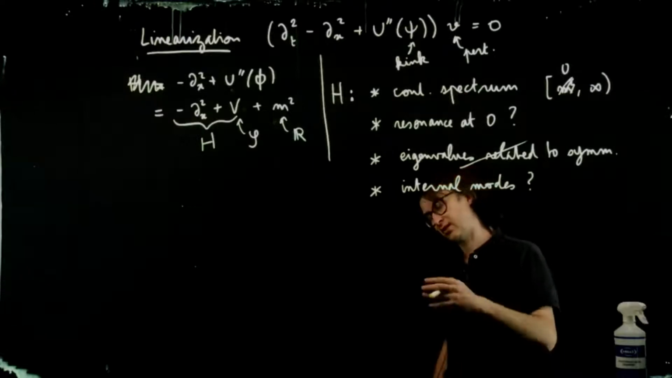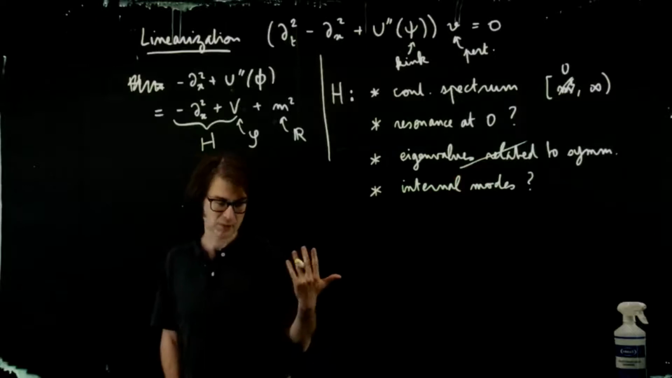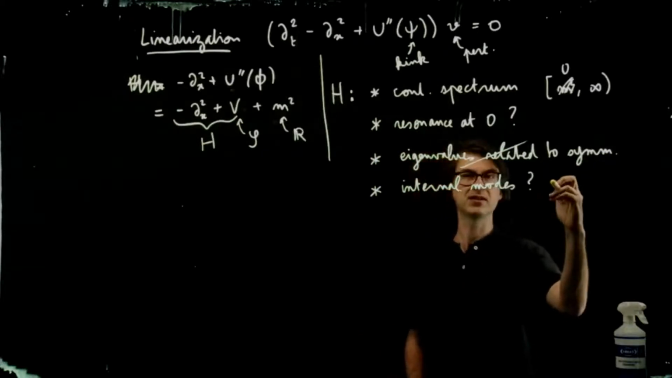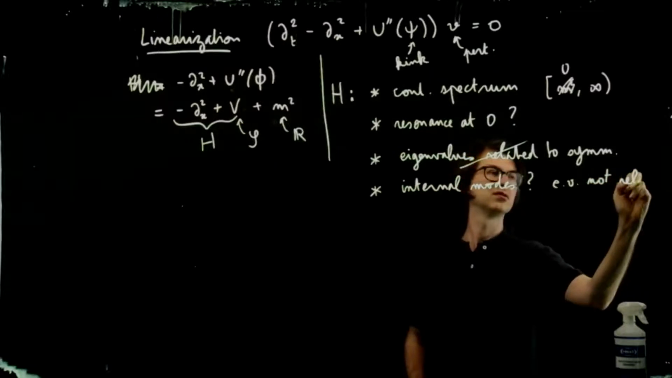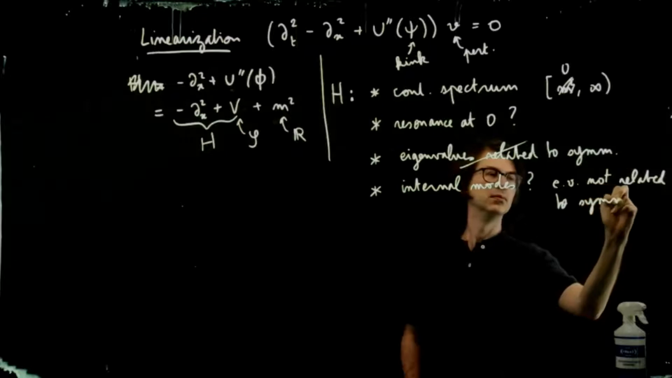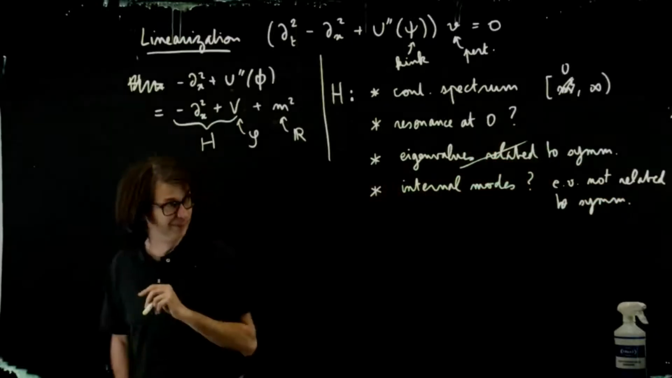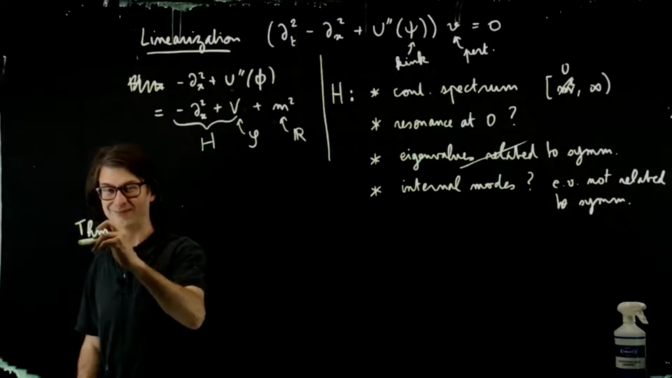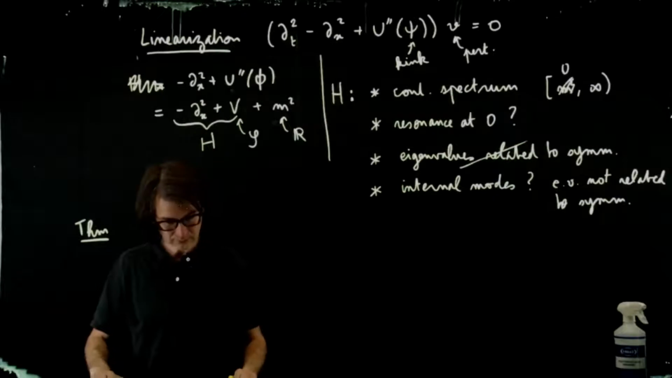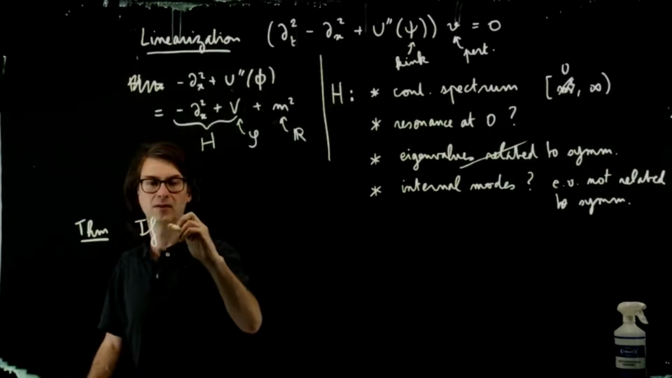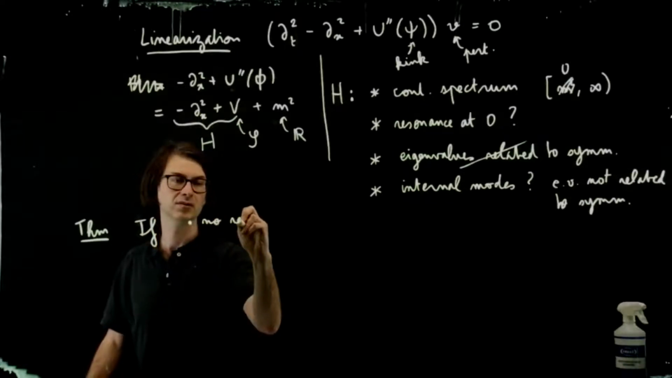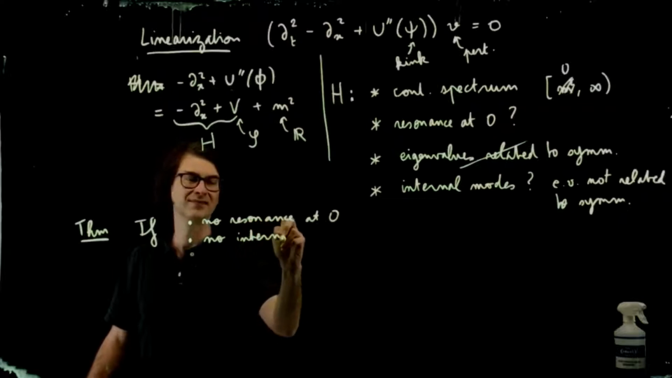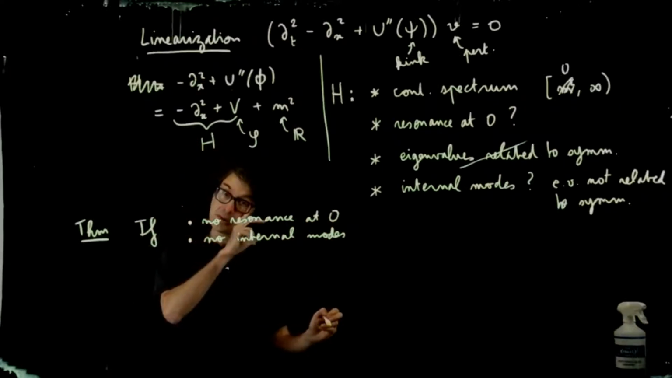So same thing. Internal modes, it's model dependent. Once again, the phi-4 model has internal modes, by which I mean eigenvalues not related to symmetries, but some other potentials don't. So the theorem we proved is the following. If, first, there is no resonance at 0 energy, and second, there are no internal modes, then